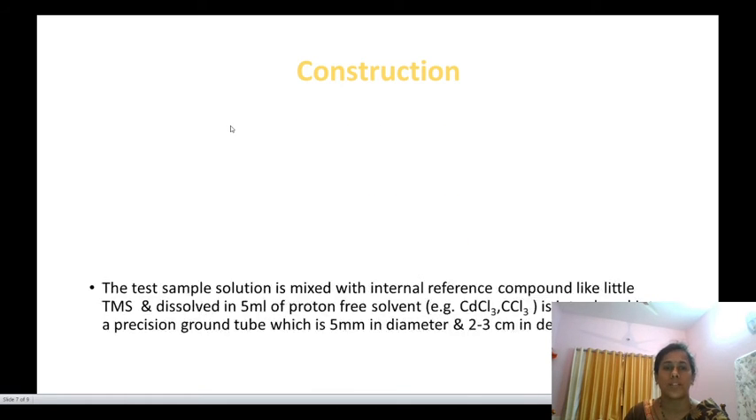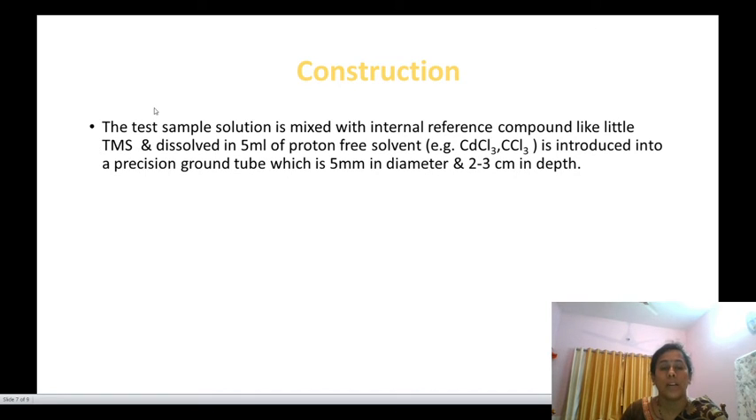Now, construction of the NMR spectroscopy instrumentation. First, the test sample solution is mixed with the internal reference compound, which as we know is a little TMS. The TMS is tetramethylsilane, and it is dissolved in 5 ml of proton free solvent. For example, CDCl3 or CCl4 is introduced into the precision ground tube which is 5 mm in diameter and 2-3